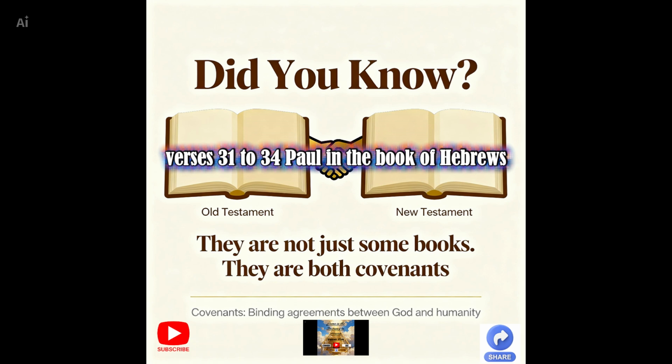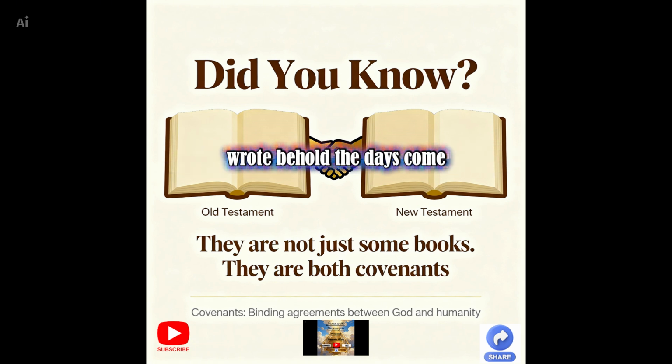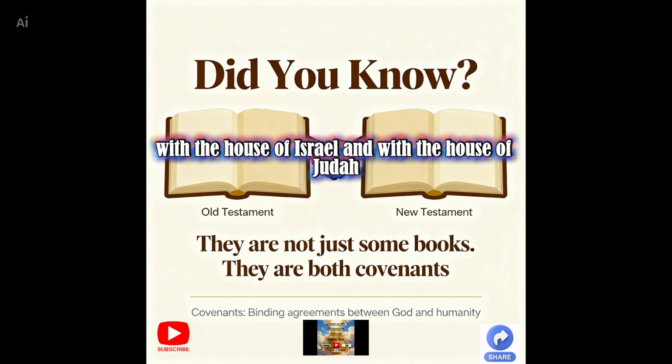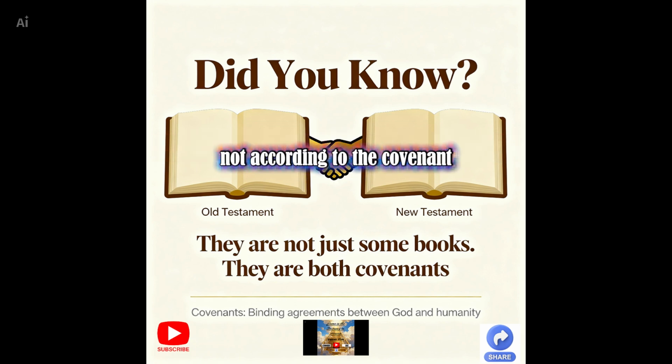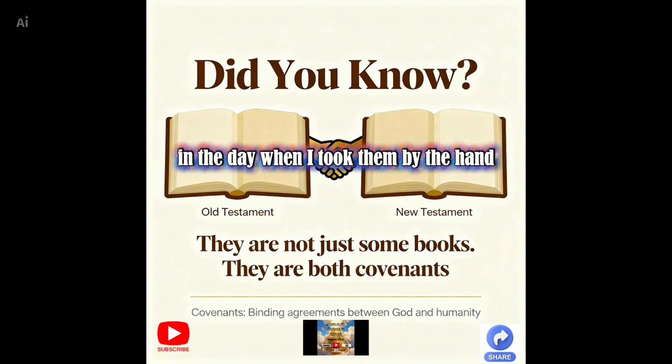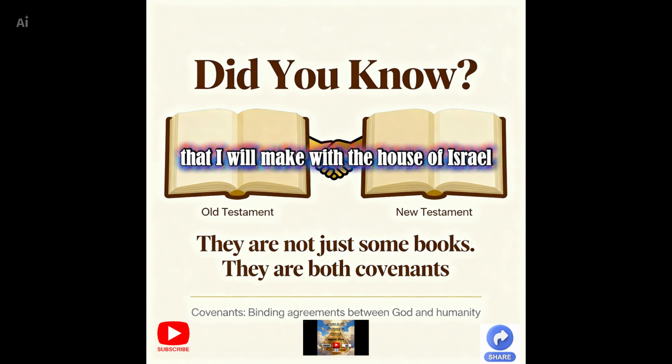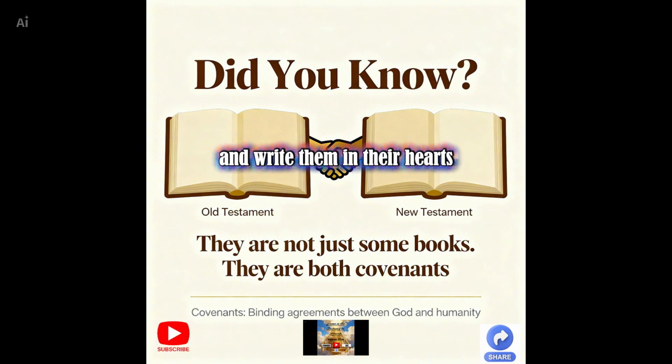Paul, in the book of Hebrews, writing about the two testaments, wrote, "Behold, the days come, saith the Lord, when I will make a new covenant with the house of Israel and with the house of Judah, not according to the covenant that I made with their fathers in the day when I took them by the hand to lead them out of the land of Egypt, because they continued not in my covenant, and I regarded them not, saith the Lord. For this is the covenant that I will make with the house of Israel after those days, saith the Lord. I will put my laws into their mind, and write them in their hearts,